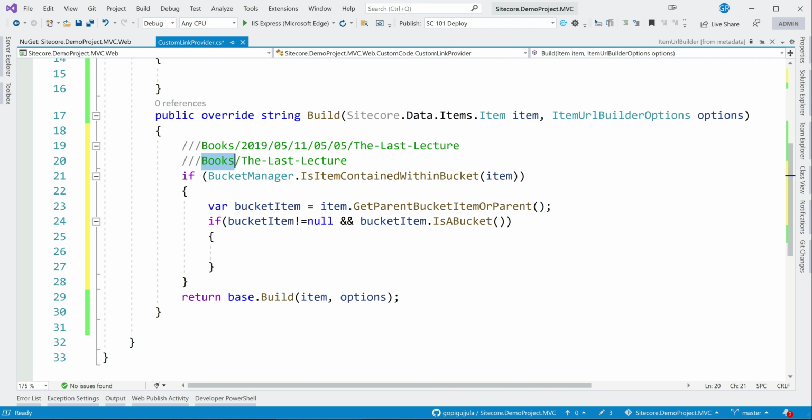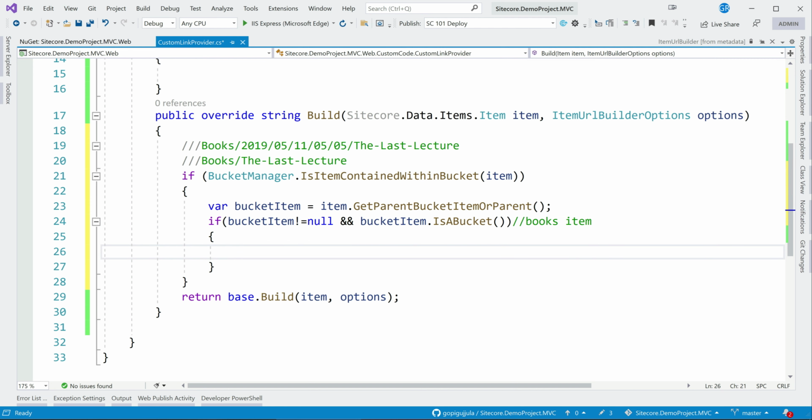This is the parent and these are all children. So what we are trying to do is get rid of all of this, and we are trying to fetch this books item now. So we fetch the books item as the bucket item here.